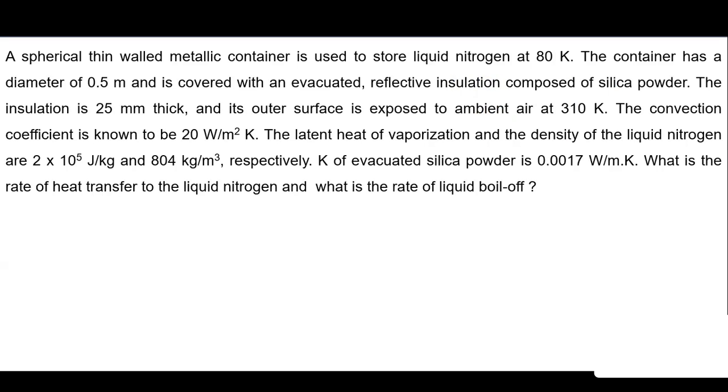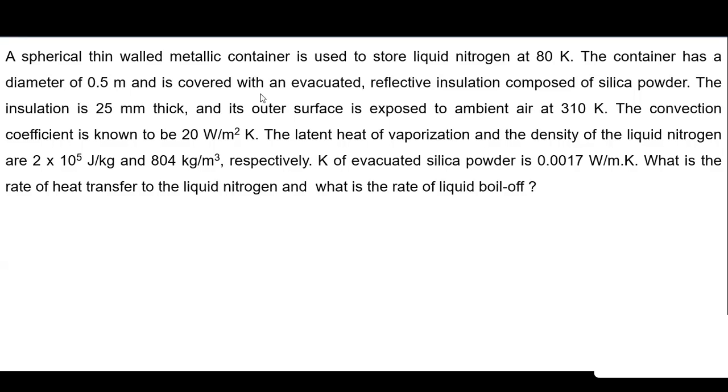It is from a sphere. A spherical thin-walled metallic container is used to store liquid nitrogen at 80 K. Note the temperature, 80 K. If you convert it into degrees Celsius, you will get a negative value, because it is in Kelvin. 1 degree Celsius is equal to 273 K. Remember that. So the container has a diameter of 0.5 meter, so quite big, and it's covered with evacuated